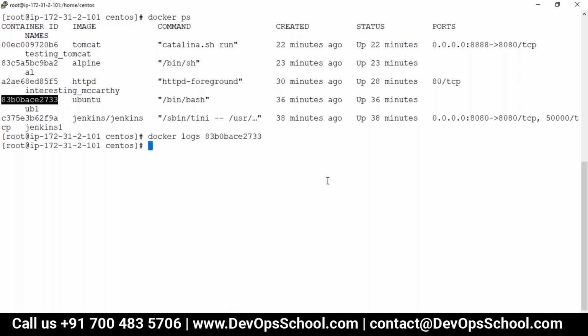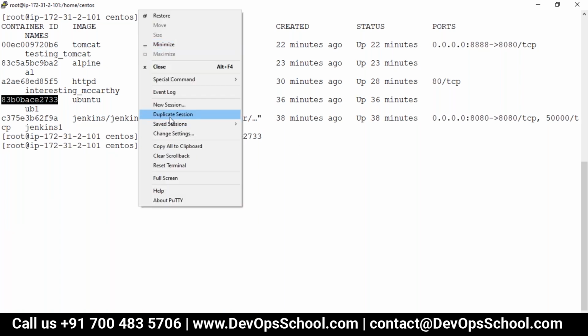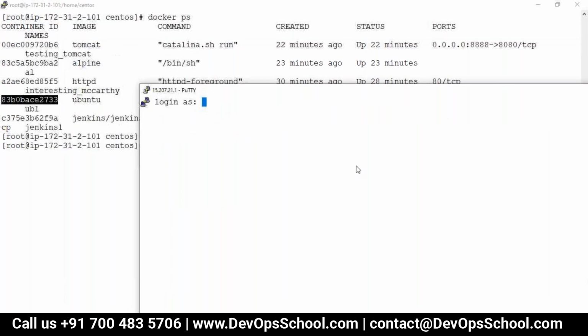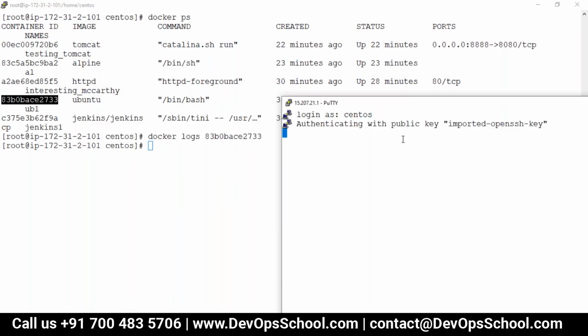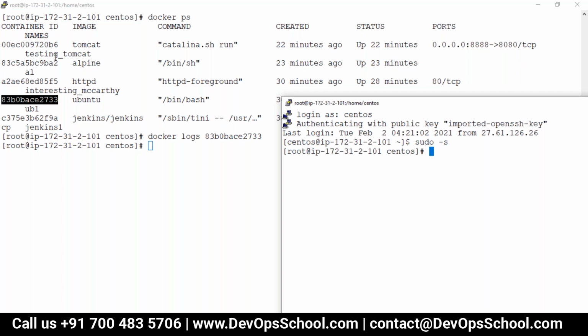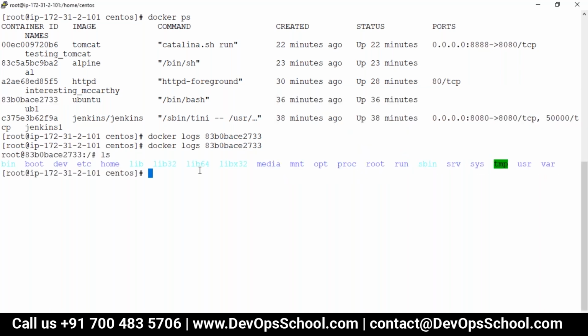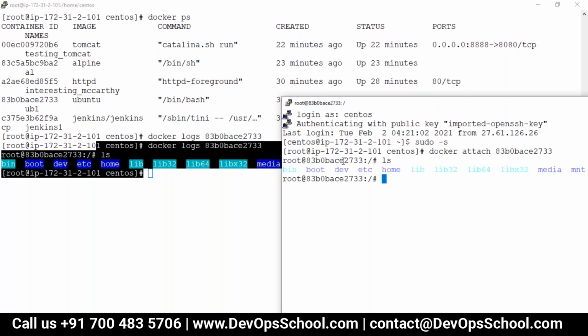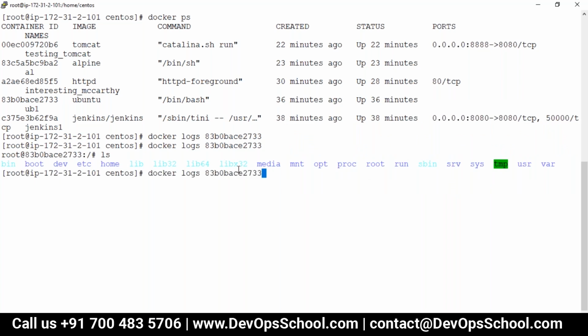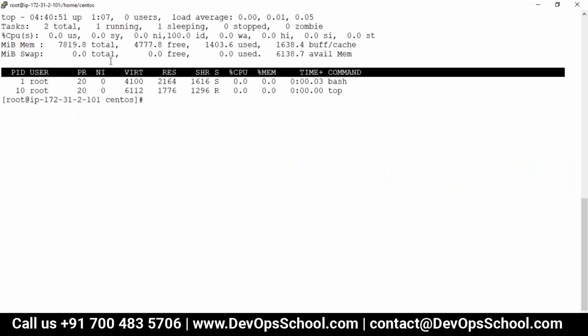But if I duplicate the session and log in to the same machine, sudo -s, and attach to the same container with docker attach, remember, attach always goes to PID1. Then if I do ls, and now top, you see this is the output.